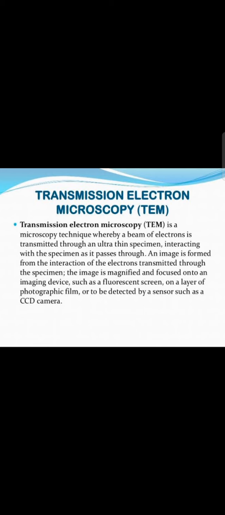Materials having higher density scatter the electrons more, so that only a few of the scattered electrons reach the objective magnetic lens. Such dense areas would appear darker in the final image. In contrast, electron transparent areas of the specimen would appear brighter. All the scattered and unscattered electrons that enter the objective magnetic field are focused to form an image of the specimen. The image is enlarged by the projector lens and projected on a fluorescent screen or a photographic film.